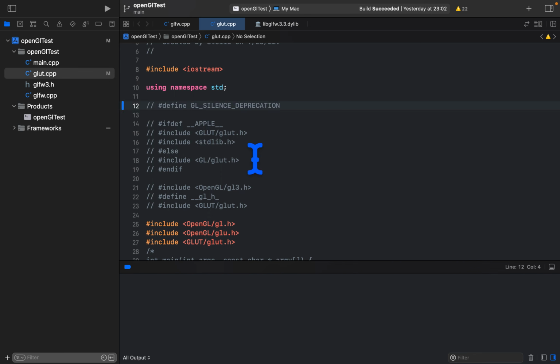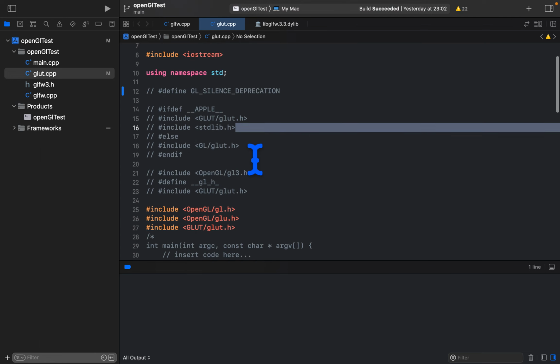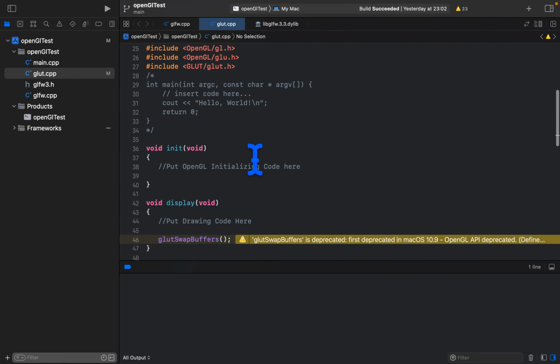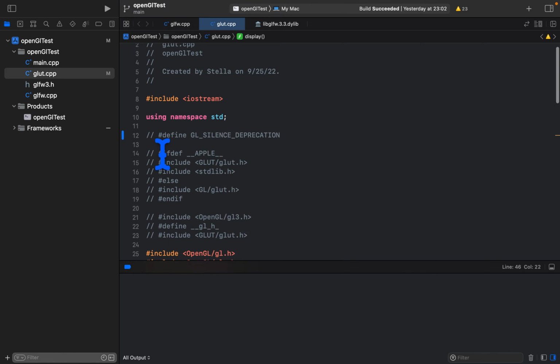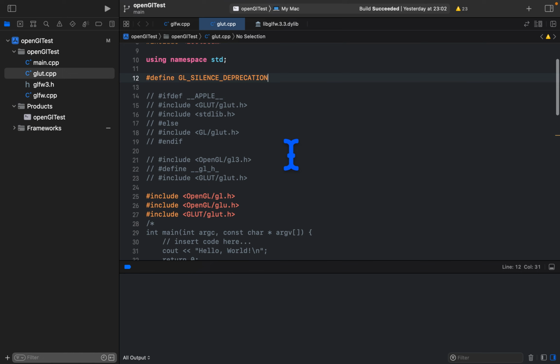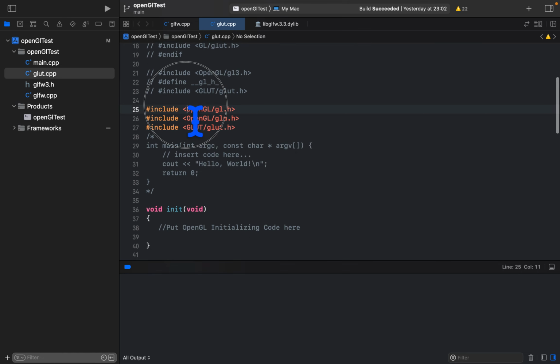If I comment this out and you use these kinds of functions, then it starts to say things like it's deprecated. So let's just put this on the top, and we're going to include gl.h, glu.h, and